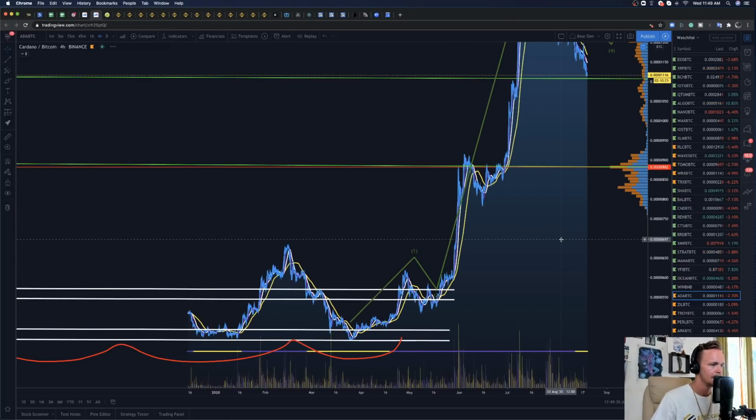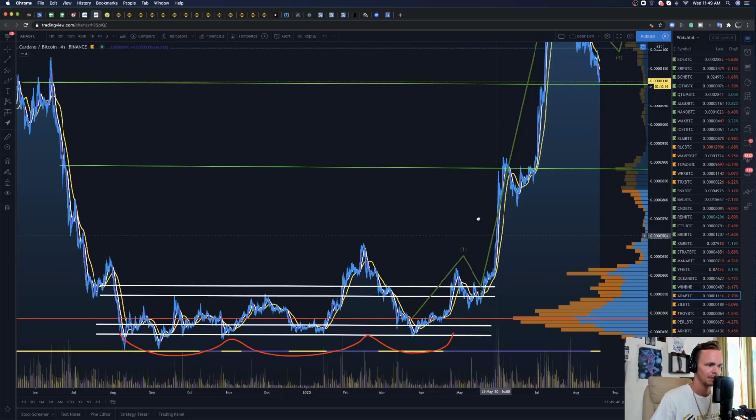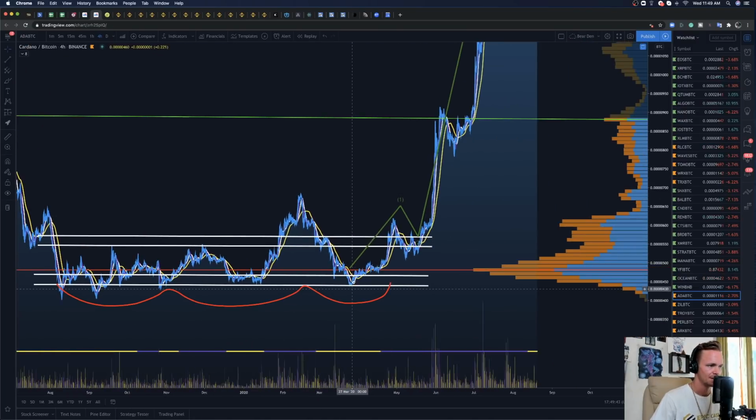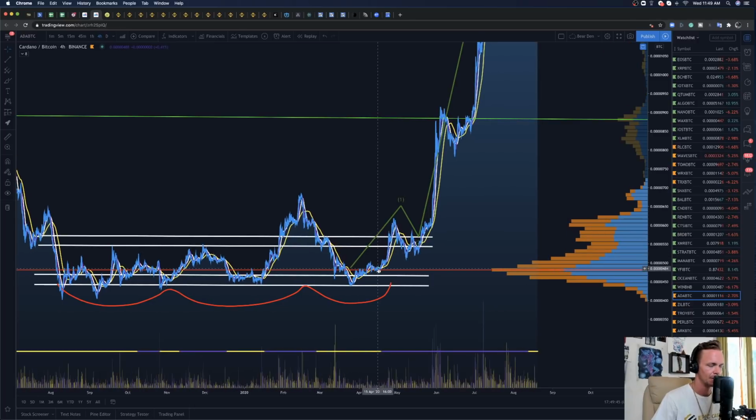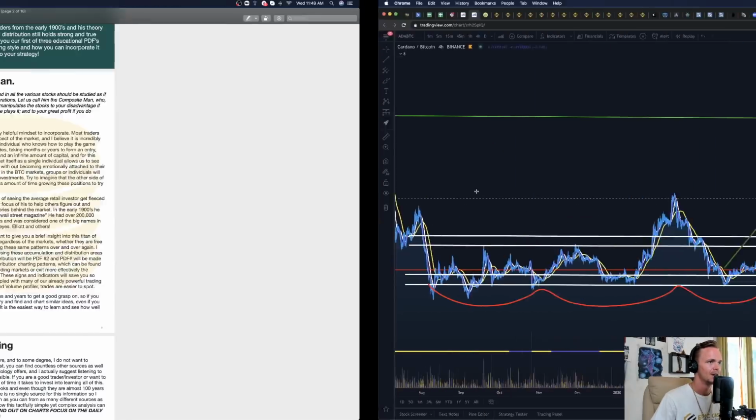Here we are back in May. Okay, now I'm not going to draw this out totally, but here we saw our spring in box C, our change of character, our first LPS test at the point of control, known as the POC line on our volume profile. We saw the spike up above the box and the final backup and LPS tests. So let's look at this.